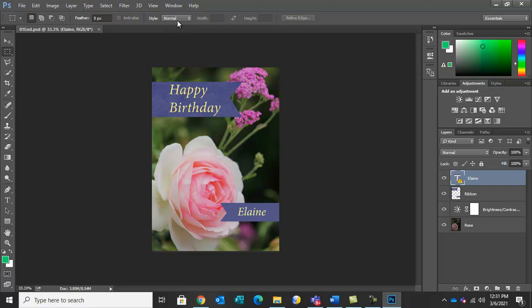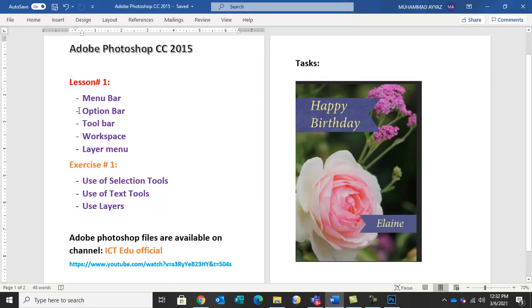Feather sign, normal, and this selection tool is coming. So different options will come for each image, for each layer. Okay, different options in option bar. So we will utilize as per the situation. This is number 2, option bar.